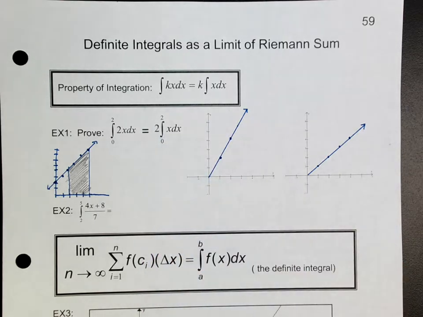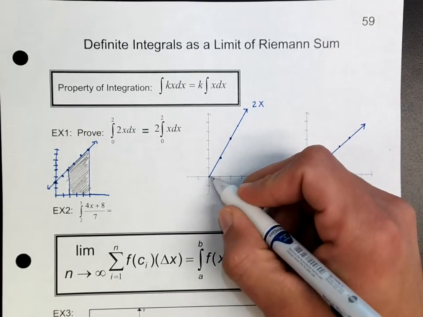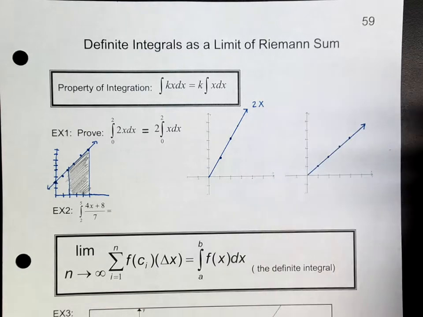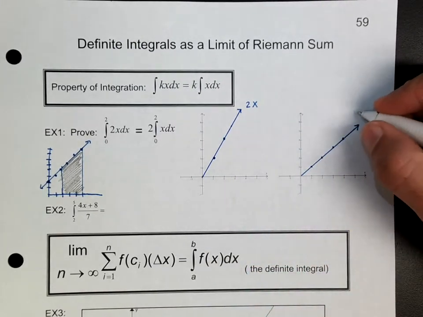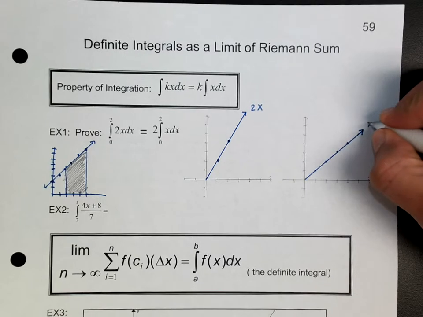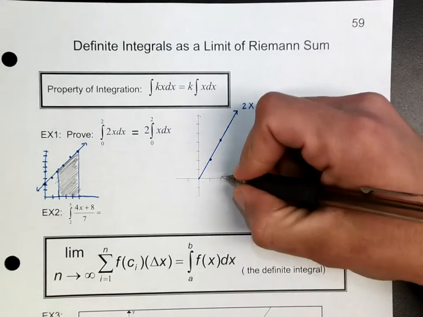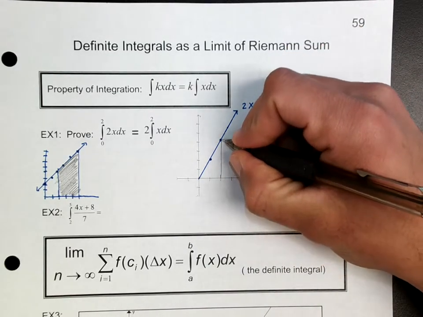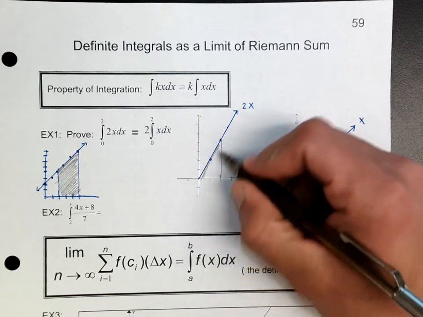Okay, so notice this right here is the 2x function, right? We start at 0 and a slope of 2, so up 2 over 1, and so on. And this one right here is the function x. Okay, so if we take the integral between 0 and 2, all that means is we're going to find the area between 0 and 2. Alright, so if we find the area of this triangle,